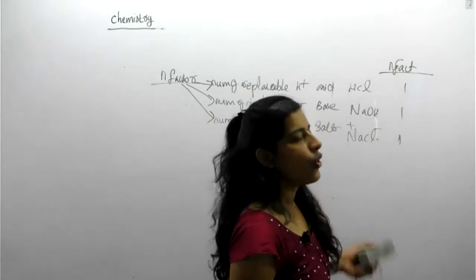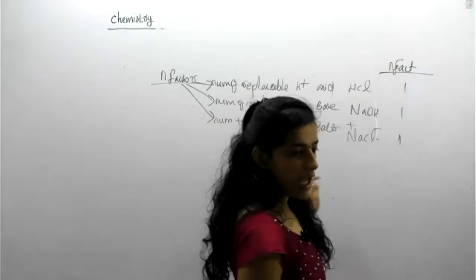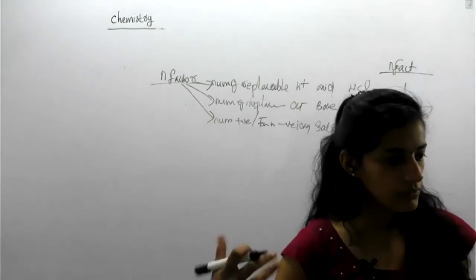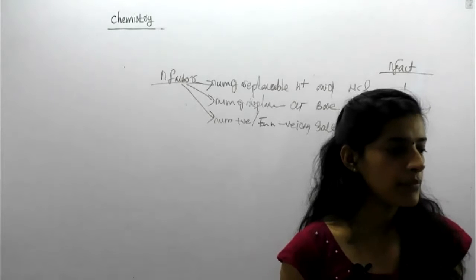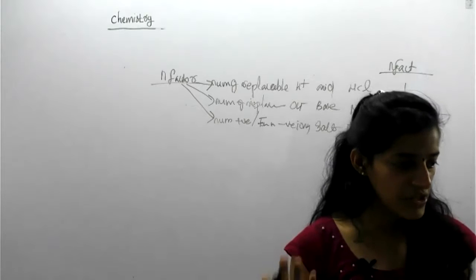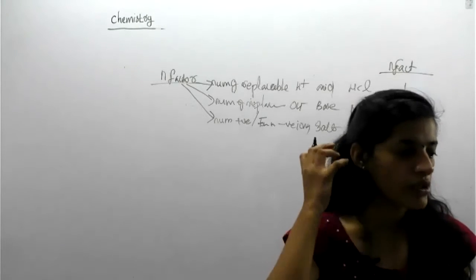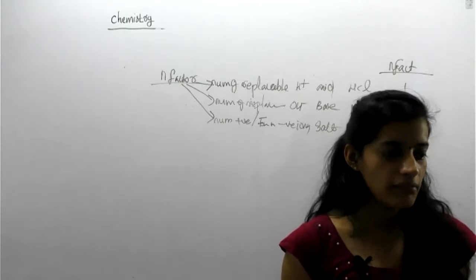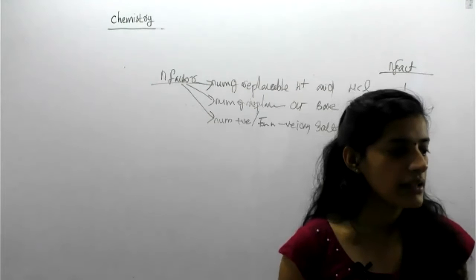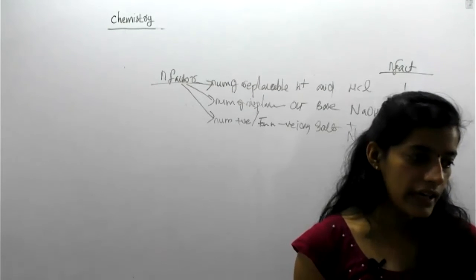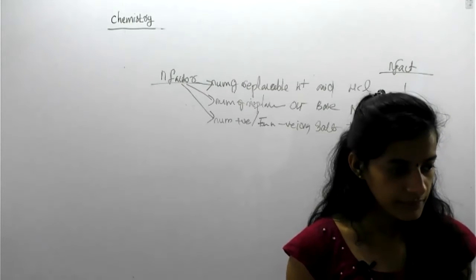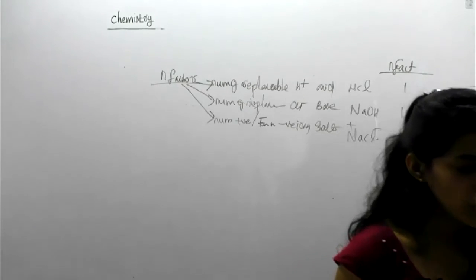Okay, both are 1. Students, I think this much only for my class. This is just the starting. What do you mean by volumetric titration, oxidation number, oxidation state, reduction, oxidation, reducing agent, oxidizing agent? I think it is a little bit okay for you, but in the upcoming sections you will study each and everything very clearly and properly. Any doubt? Anyway, this much only. Thank you so much. Bye.